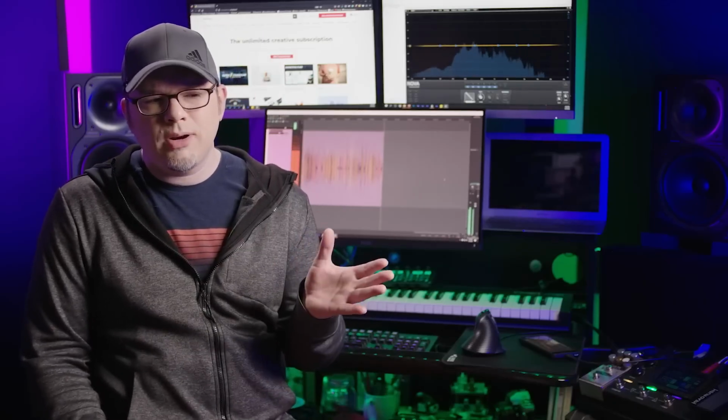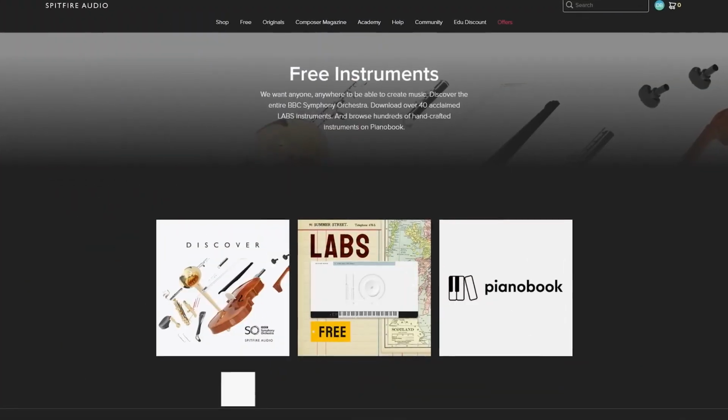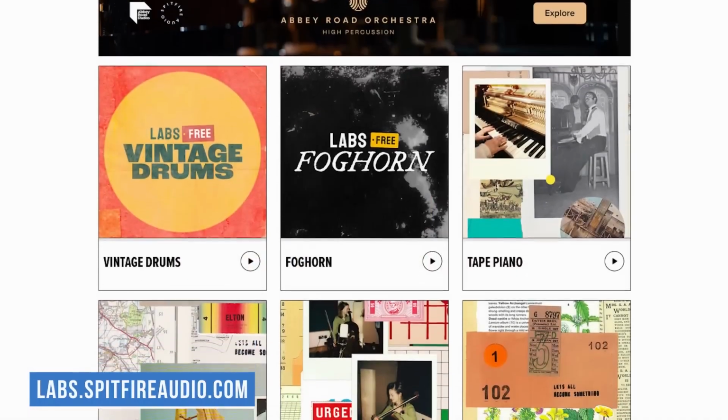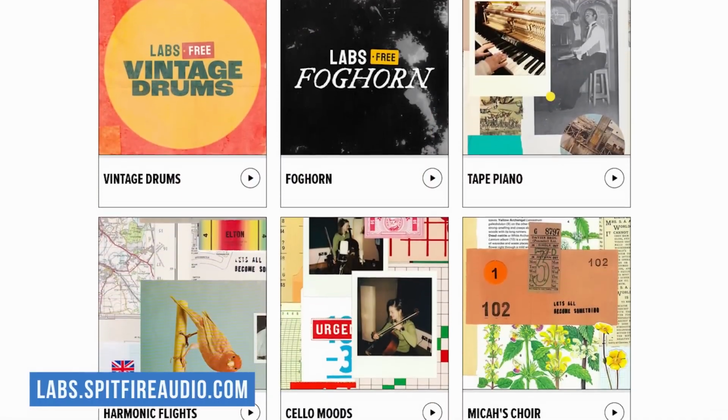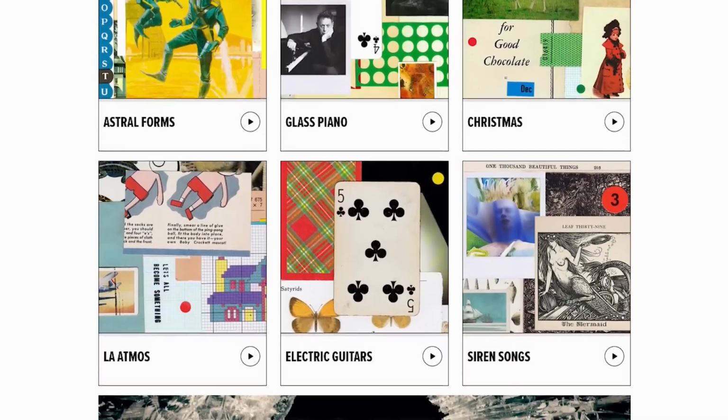If you are a musician, you might be feeling like Reaper is a little bit light on instruments, and it definitely is. The synths and sampler that come with Reaper are not super useful, but there are a ton of free and premium VST instruments out there. If you want some top-shelf sampled instruments for free, check out Labs by Spitfire Audio. Labs is a series of free software instruments made by musicians for musicians, and it covers everything from basic instruments